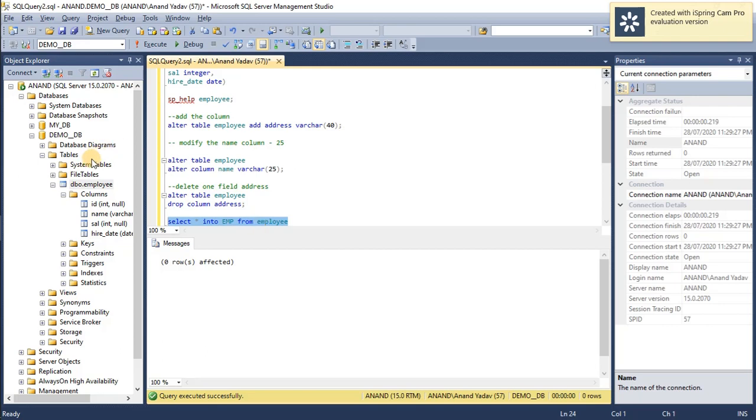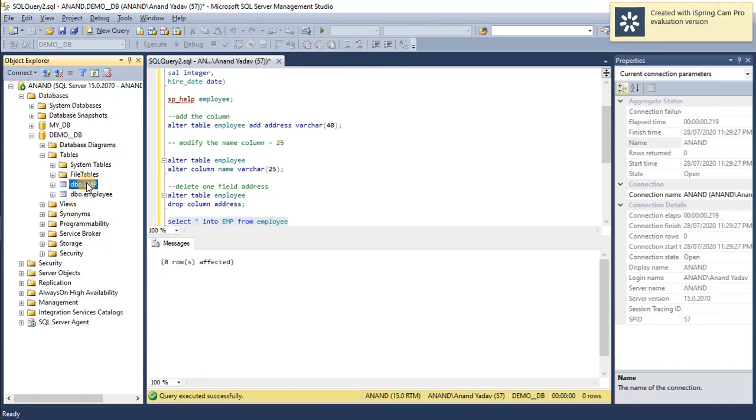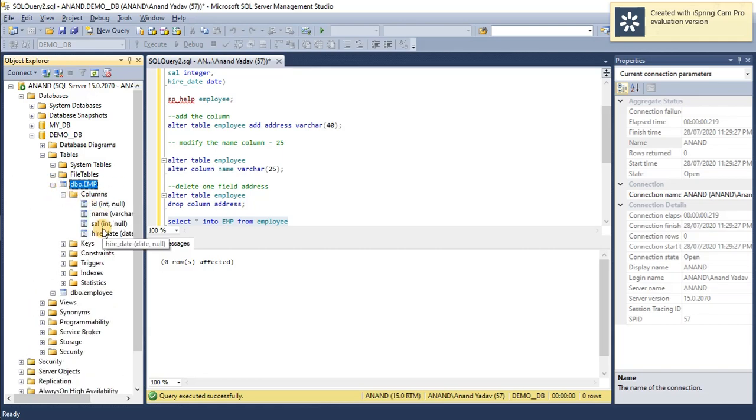If we just refresh the table, yes, the emp table is there, so the entire definition along with the data should be copied into emp. If you see, the structure of the table is as is.